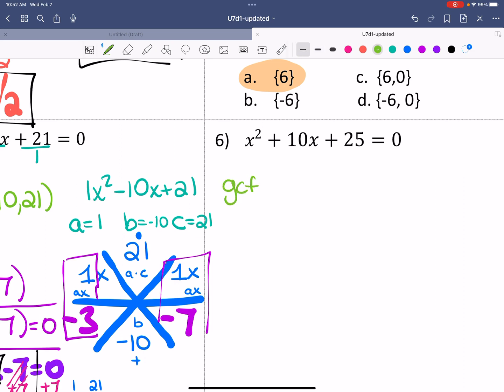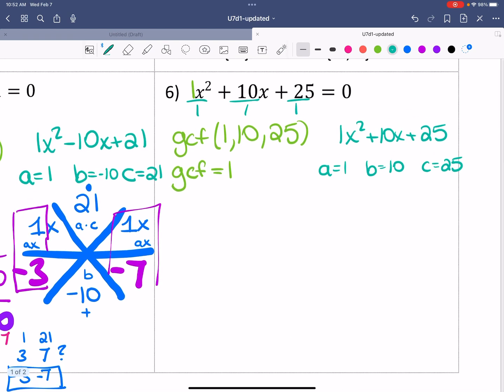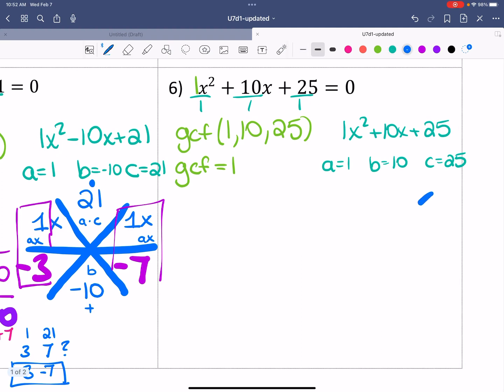All right, running it back real quick here because I want to make sure that you have done all your proper steps. When you typed that in, you should have got a GCF of 1 so that when you divided by 1, it stayed the same. So that your A is a 1, your B is 10, and your C is 25. So then you would have set up your snowflake